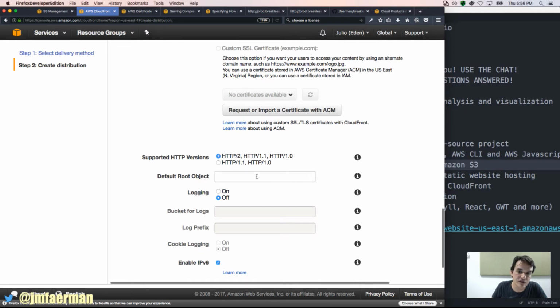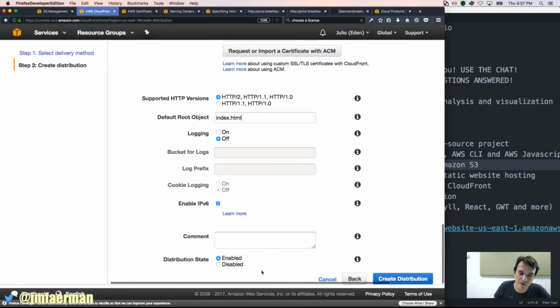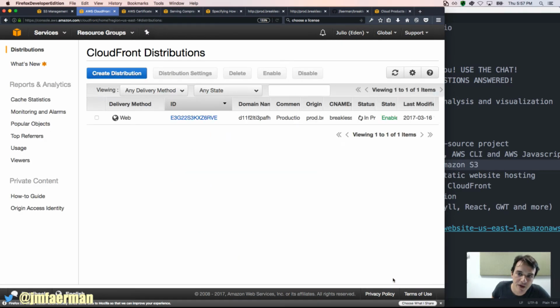The HTTP versions, the default root object: by default, I'd like to be serving index.html. We'll be logging on or off. You can set the bucket for logs, it can be a different one, and it can be served by IPv6. You definitely would add a comment, so I will write production bucketless distro, for example, and create this distribution. This will take a while to create, but while it goes on, I'd like to show